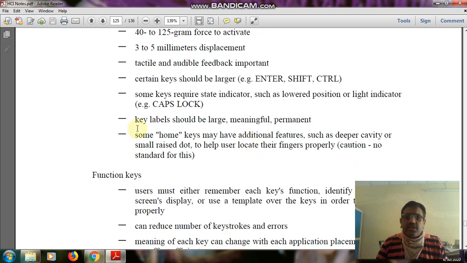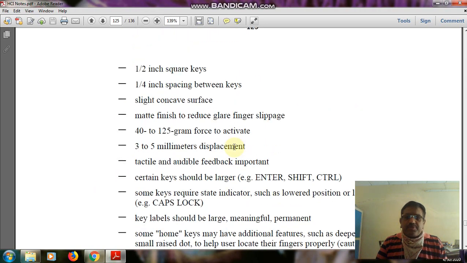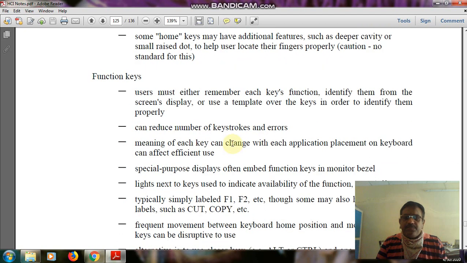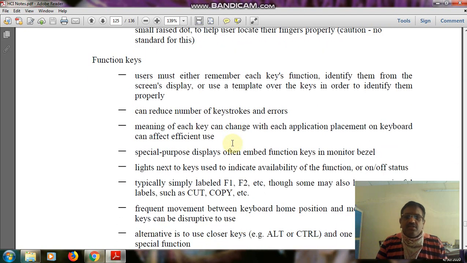Some keys are large, meaningful and permanent. There is also a home button available.